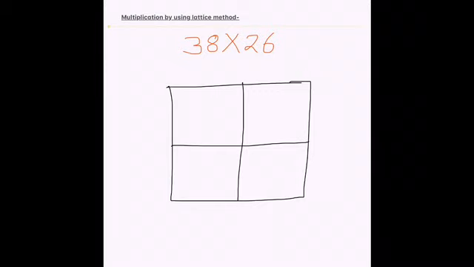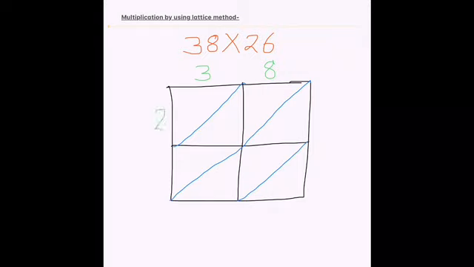A grid of 2 rows and 2 columns, and we are going to divide it in diagonals. Fine. So each square is being divided into 2 triangles like this. Now one number will be written on the top, the other number on the left side. Fine. Now the multiplication, as you know, each square has 2 triangles, so we are going to write in them.